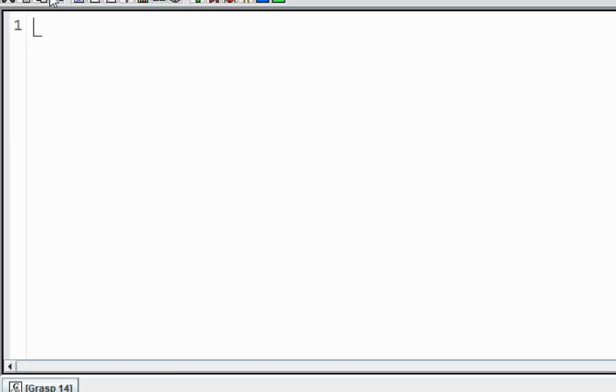Right, so I wrote my story. I circled the nouns, verbs, adverbs, and adjectives, and I am ready to start a new project. So I'm going to go File, New Java, and put some comments at the top with my name and the purpose of the program. And I'm going to import